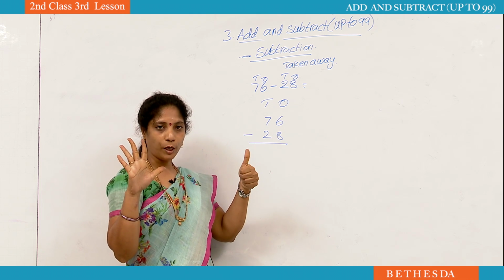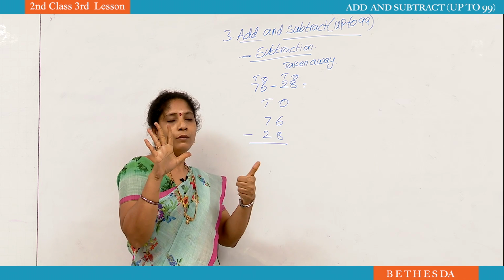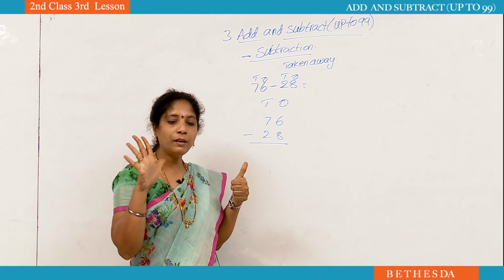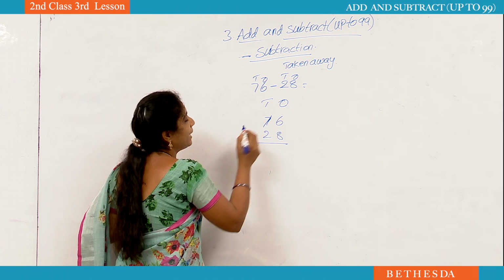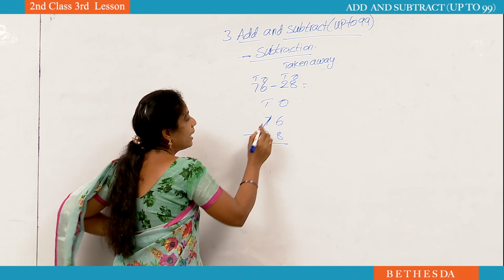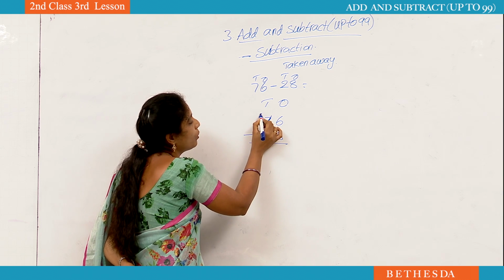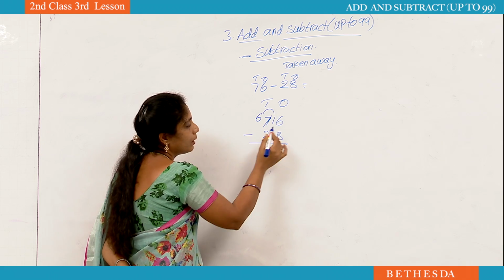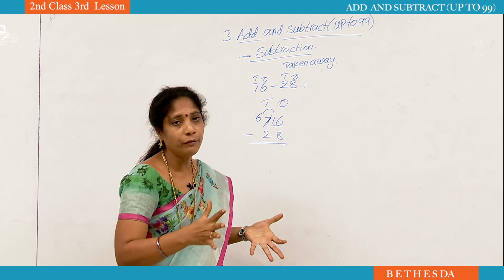8. Is it possible? Why? Because we don't have sufficient numbers. We have only 6, but we have to close 8. Then what should we do? We have to take a borrow from the tens place. How to take a borrow? Cut the tens place number and write that number before. 7 before 6, and we have to take 1 borrow. Now 1 6. What is the number? 16. Now take 16 fingers, close 8.